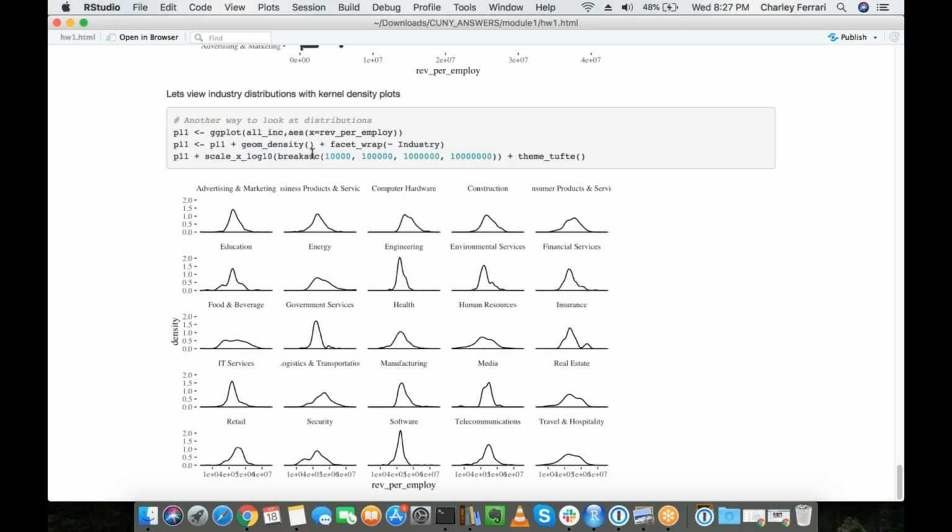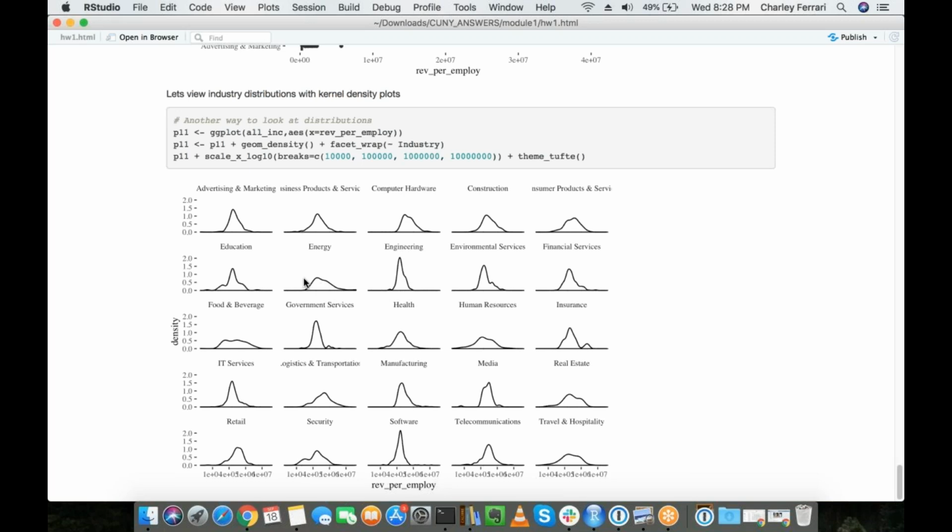And so, in my opinion, this gives a clearer example of the benefits of using a log scale, where we're able to look at the data as if it's normally distributed and get information about what's happening in lower employment companies. More importantly, this really allows us to do comparative exercises. It allows us to look at something like health versus government services and get a very tight distribution